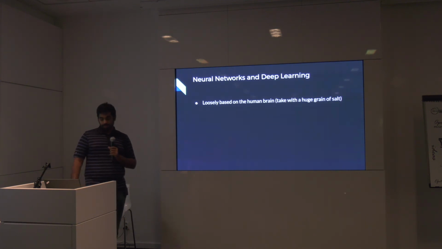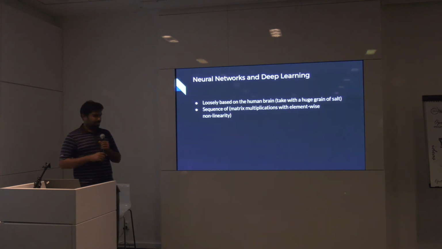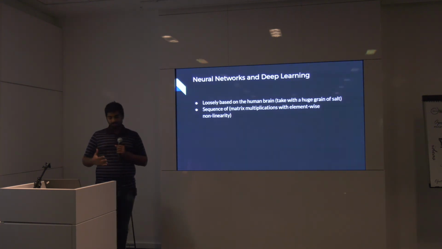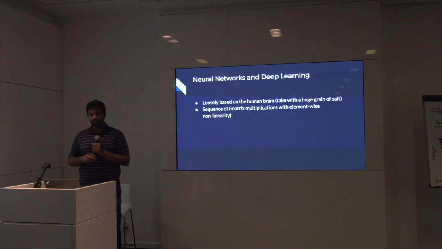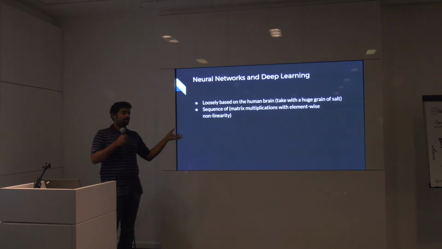Okay, so if you have already used neural networks before, or if you're a beginner, neural networks are loosely based on the human brain, and they don't interpret anything from that. It's just a statement. Yeah, it's loosely based. Okay, and in technical terms, it's a sequence of matrix multiplications followed by an element-wise nonlinearity. I'll come to what these are, but a neural network is basically just that. You have a bunch of matrices. You take an input, you do a matrix multiplication, you do an element-wise nonlinearity, and so on and so forth until you get the output.